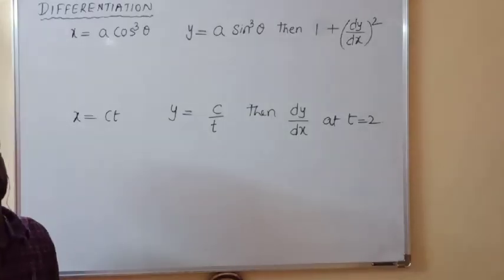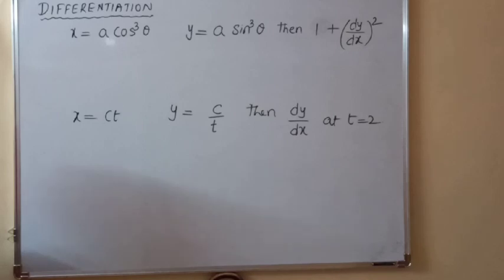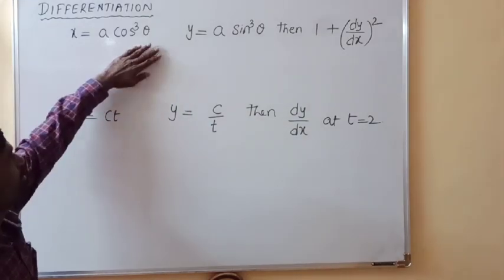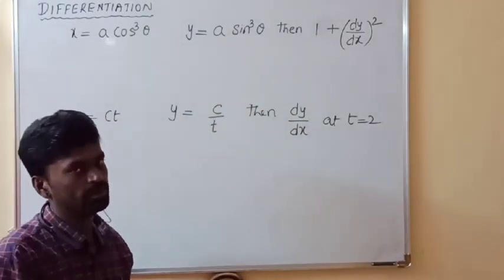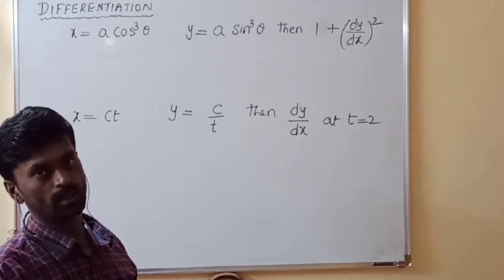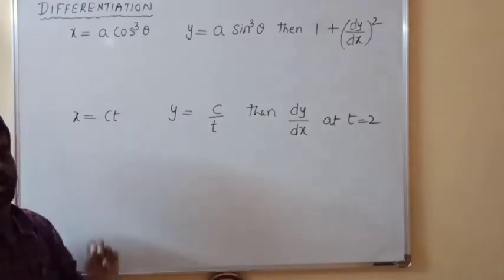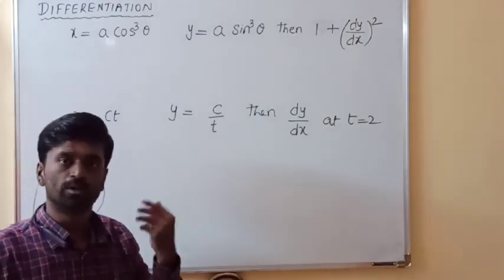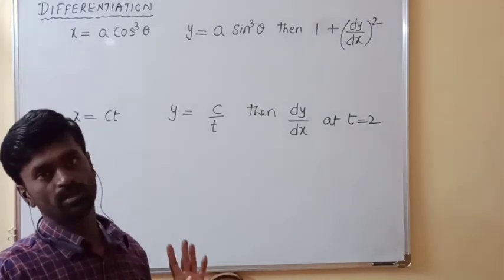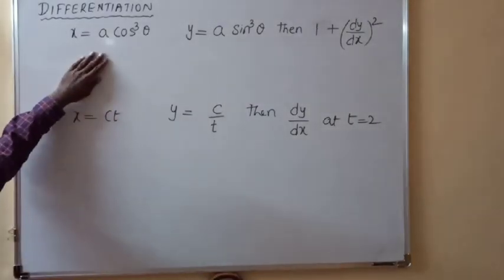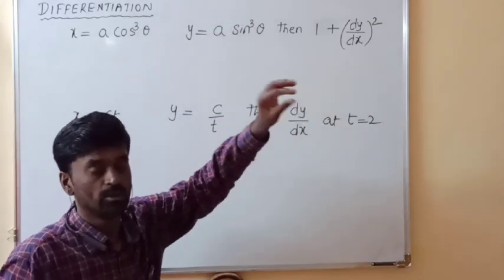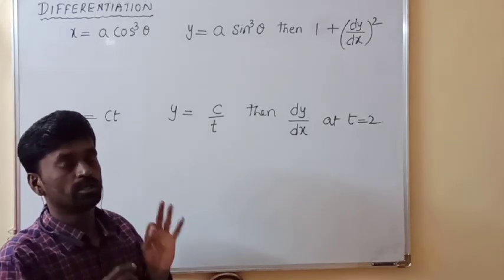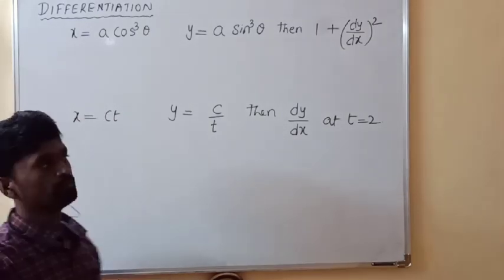So look at the next problems in parametric differentiation, asked in various years. Here in these two problems, especially in this problem, it is not possible to eliminate theta that easily. Also in this problem, the answer is given in terms of theta. So better find dy by dx by using dy by d theta divided by dx by d theta. But don't find dx by d theta and dy by d theta separately and then find dy by dx like that. That is the PUC method. Now it is CET, so try to save time.